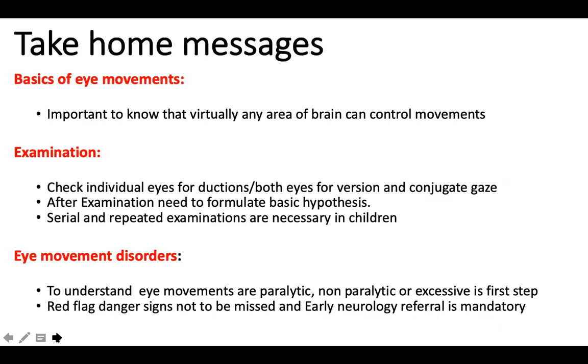A student should know about internuclear ophthalmoplegia. A student should know about fourth nerve palsy, third nerve palsy, sixth nerve palsy, and should know about opsoclonus, ocular flutter, and nystagmus. So that would sum up. And of course, to understand some of the eye movements in an intensive care setup, like a tonic eye gaze deviation or restricted eye movements in the case of an encephalopathic child.